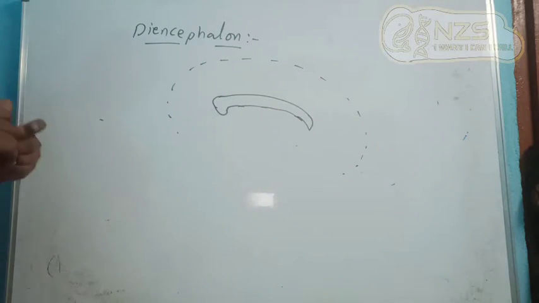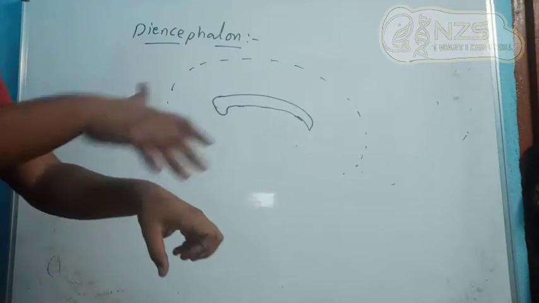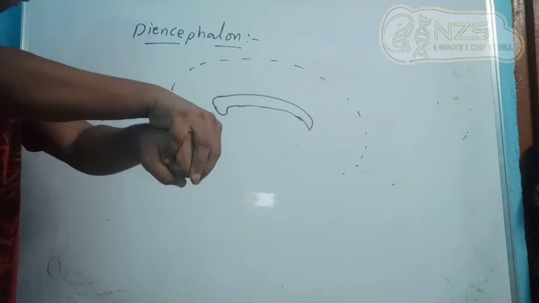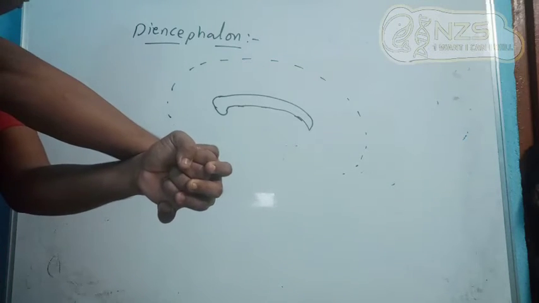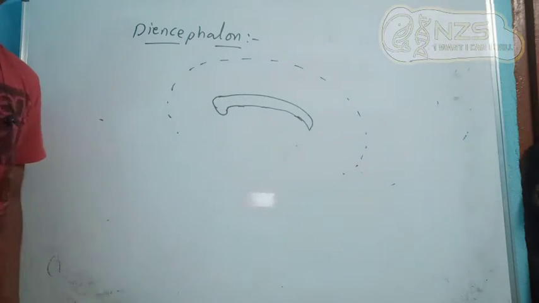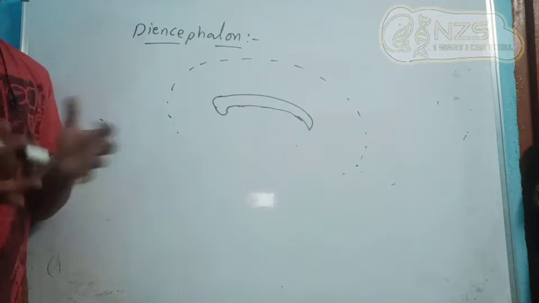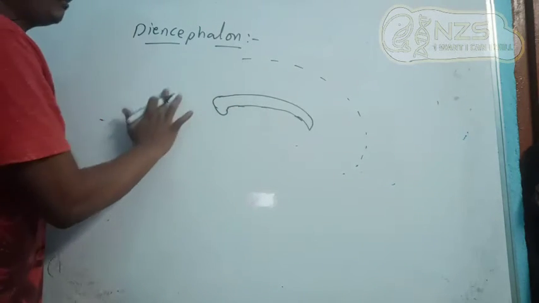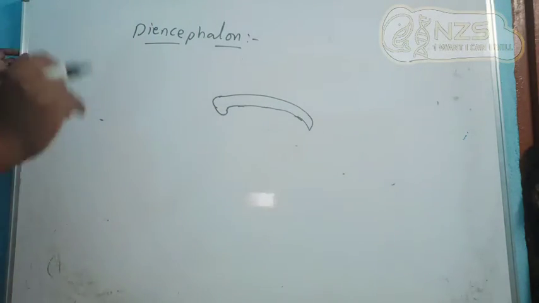Okay. So this diencephalon is present at the posterior end of the cerebrum. That means if this is a cerebrum, it will be wrapping the diencephalon. That means you cannot see diencephalon from the top. You can see it only from the bottom, or you have to cut it to observe the diencephalon. Now in diencephalon we have some divisions. Diencephalon also consists of 3 parts. So I am removing the cerebrum part, not required now. It is having 3 parts.